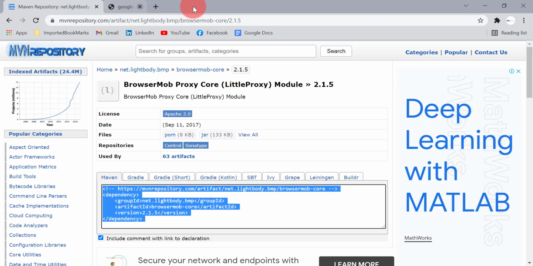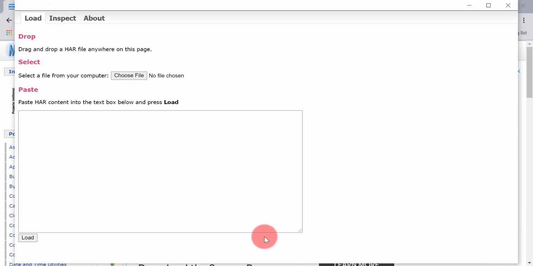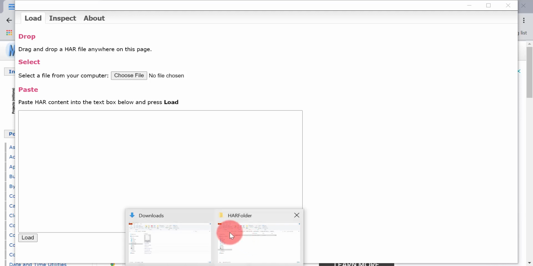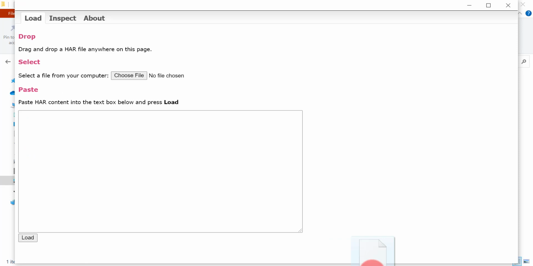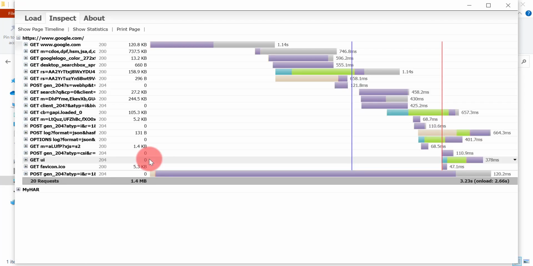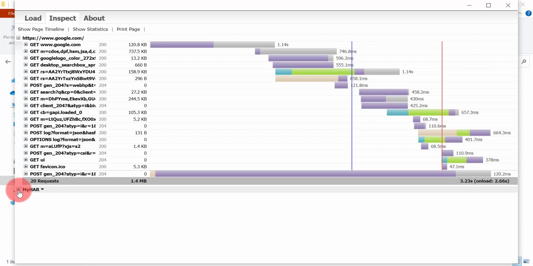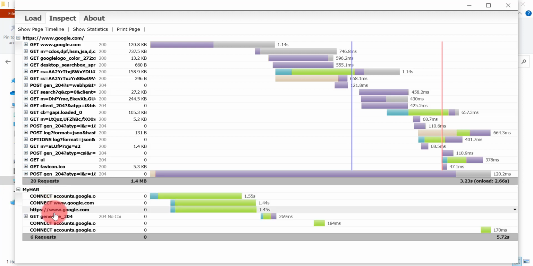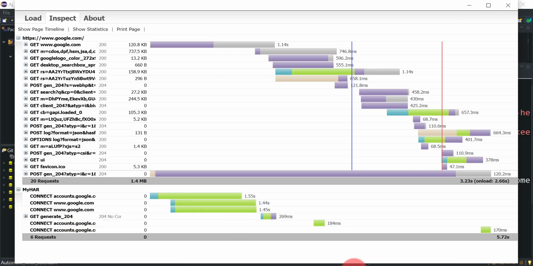We need to go to this load tab first, and then we can load this file. These are the details from the file we created manually previously, and this is my HAR. You can see there is nothing inside this HAR. This is because we got this security error, the privacy error.